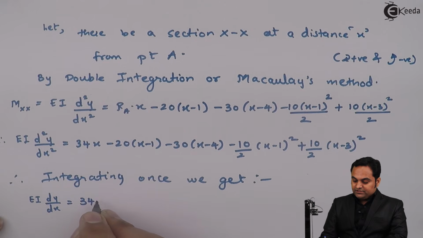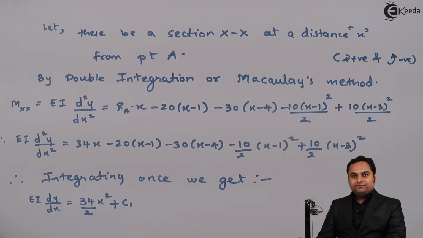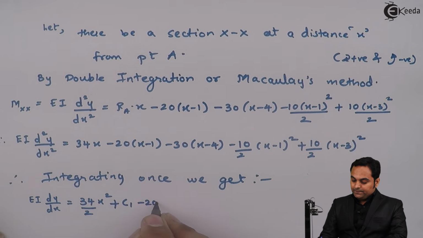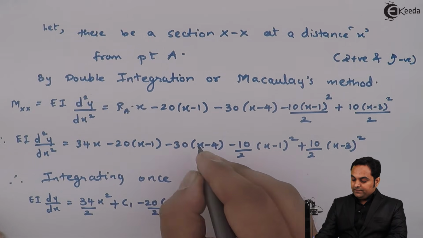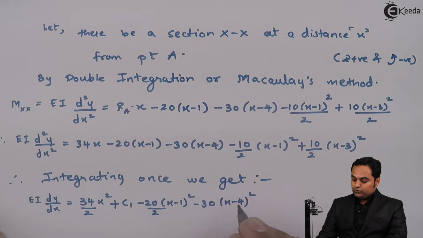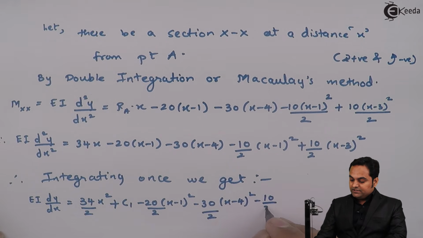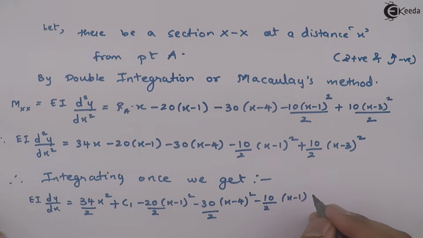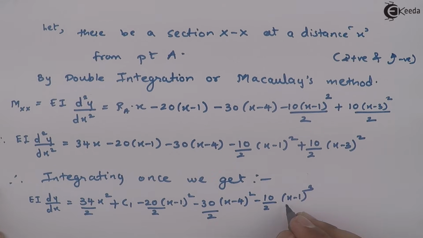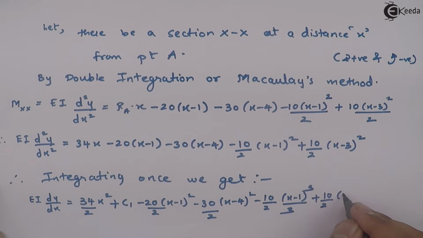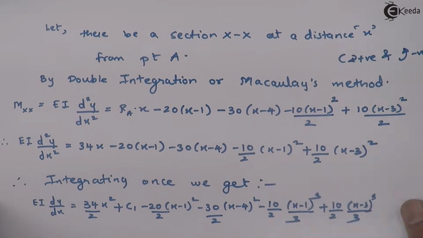34x, integration is 34 x square by 2 plus C1 is the constant of integration, then minus 20 into x minus 1 whole square by 2 minus 30 x minus 4 whole square by 2. I am integrating this. Minus 10 by 2, x minus 1 square, so integration becomes x minus 1 whole cube by 3 plus 10 by 2, integration of x minus 3 whole square is x minus 3 whole cube by 3. Now I'll again write it in a more simplified form. So that will be